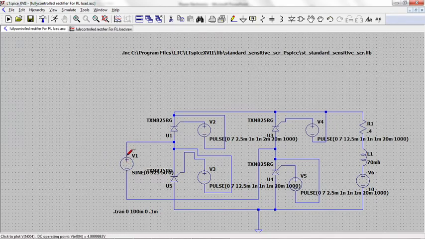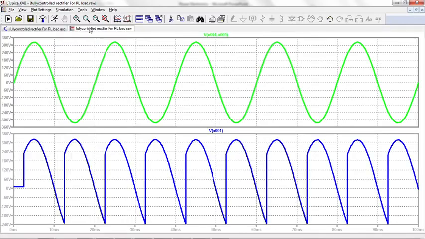So what happens? The current will flow in this way, in this way, in this way, and it goes to the load, and it comes back in this way, like this. Yes, this starts at 45 degrees. Till 180 degrees this conducts, no problem at all, because T1 and T2 are on. Then what happens after 180 degrees, at the end of the half cycle? It started at 45 degrees and conducts till 180 degrees.